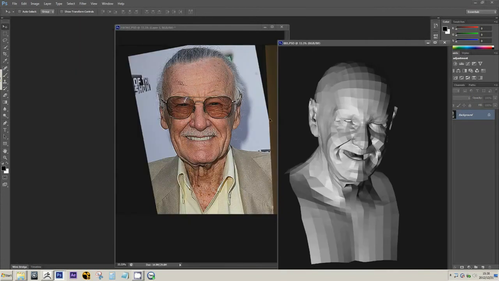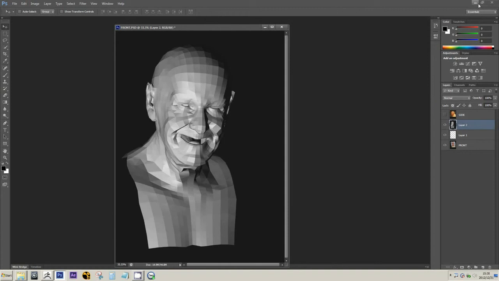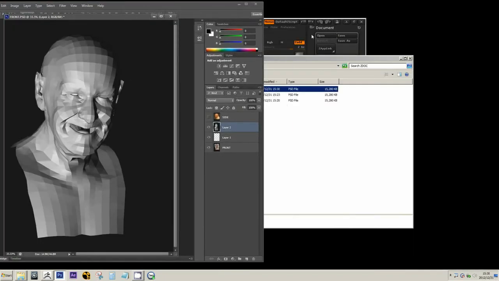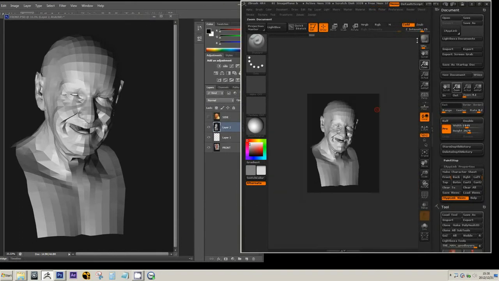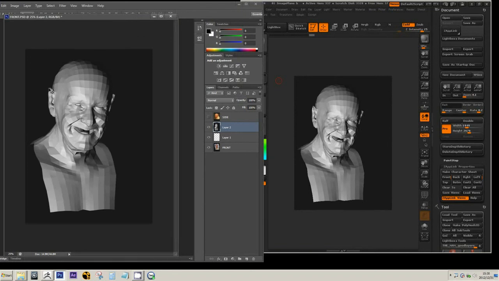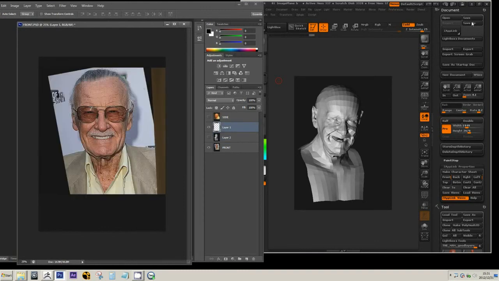You will notice they are identical to the ZBrush. See, because this is the exported pixels, right? So this way,